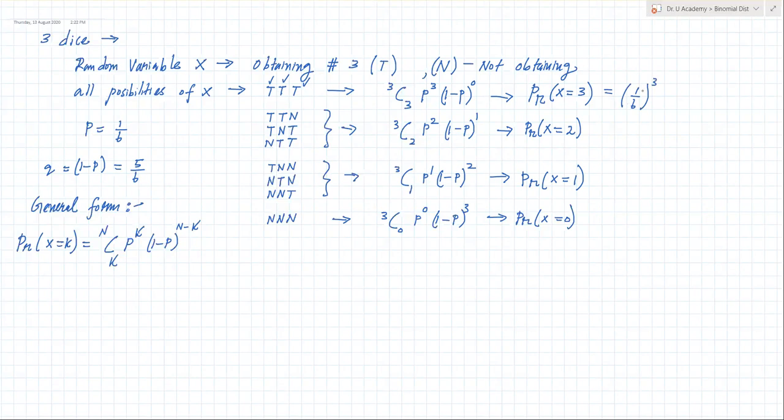Now, are we going to get this one from this notation? Now this notation is very, very important to understand. Look at this. So the general form of this notation is: probability X is equal to K, N C K, and so on. We have to understand what N is. N would be the number of trials. How many trials are there? 3 trials. Why? Because there are 3 dice. So all the time you can see 3. N would be 3 here.